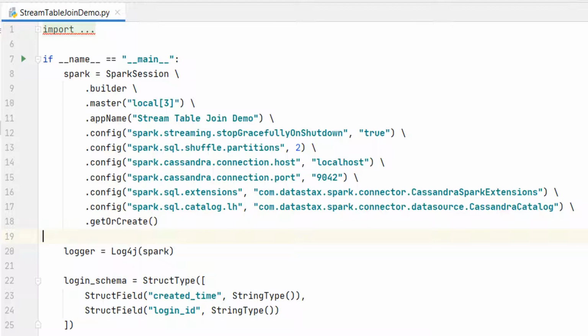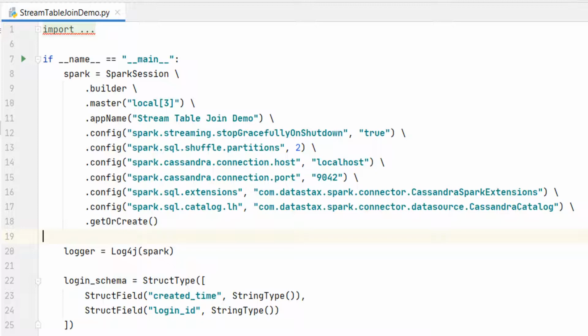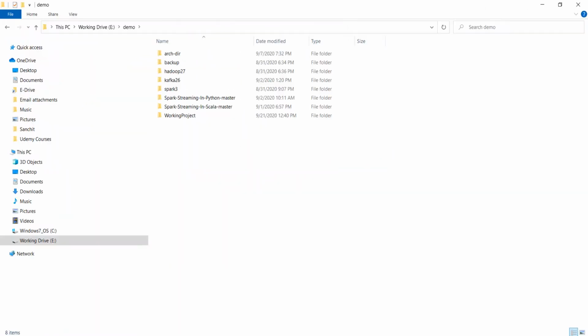Here are they. You can get more details about the Cassandra connector and these configs at the following URL. They have excellent documentation to explain everything. One more thing. Cassandra connector is not part of your Spark packages. So you must include the Spark Cassandra connector in your project dependency. You already learned to add dependencies to your project, right? Let me show you.